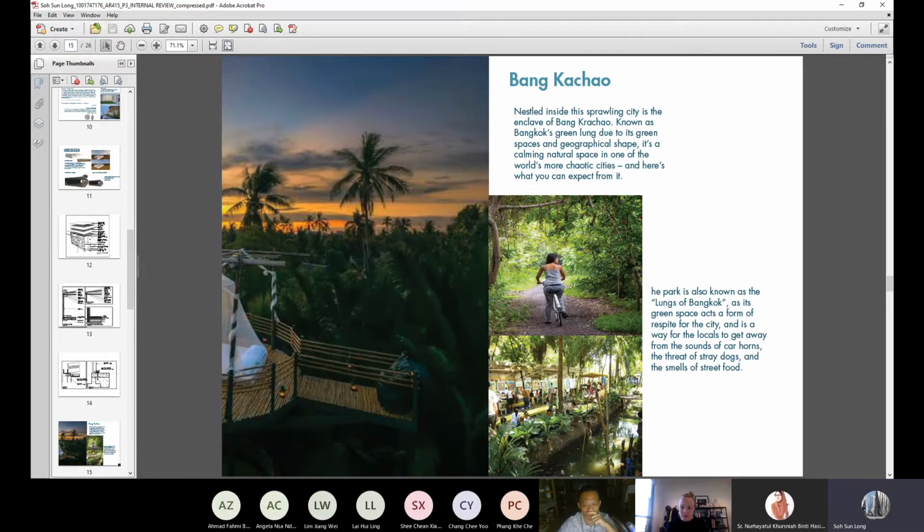Then going to my project 3, which is doing the cultural center, where our site is located at Bang Kachau. Bang Kachau is an area that is surrounded by vegetation, therefore including the vernacular pattern is suitable as this symbolizes nature.